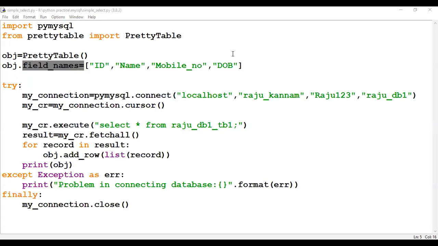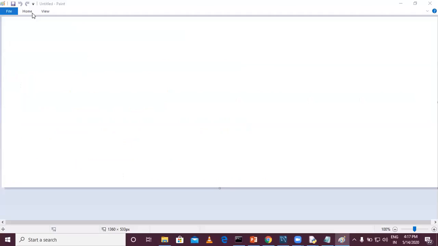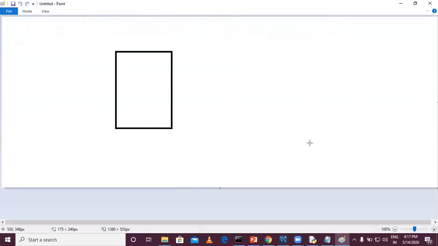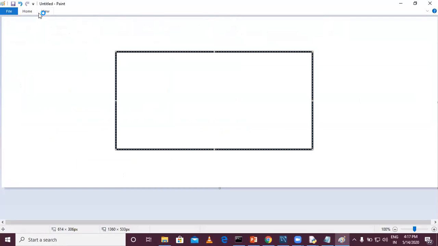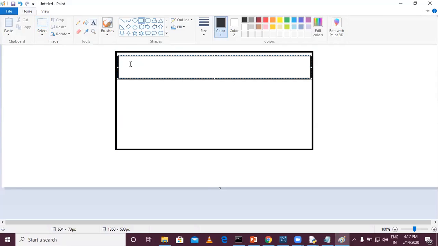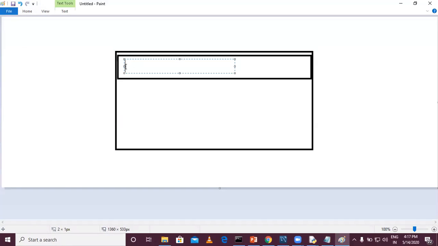Okay, so I'll explain here. For the PrettyTable class, which will display the table, one object is created. What is the object? obj. In that obj, we are setting the column headings.